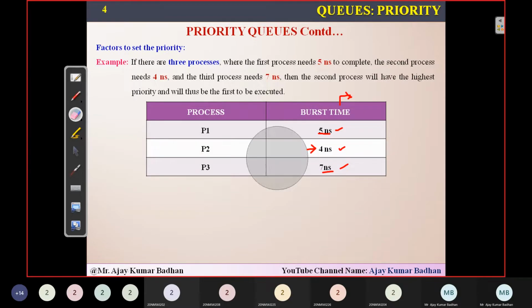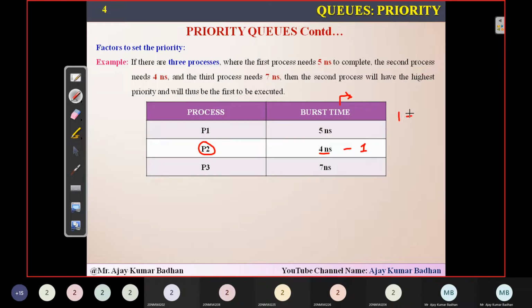Based upon this time, we will give priorities to these processes. We determine which one is taking less time, and that process will be allocated first. Process P2 can complete the task in 4 nanoseconds, so the operating system will give it priority 1.